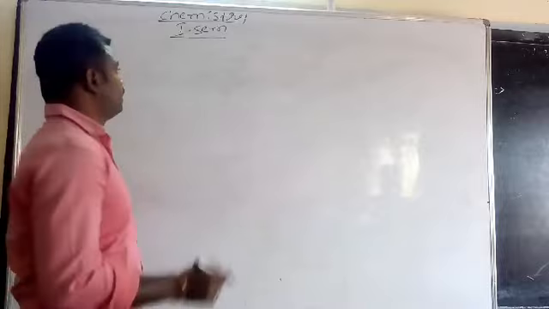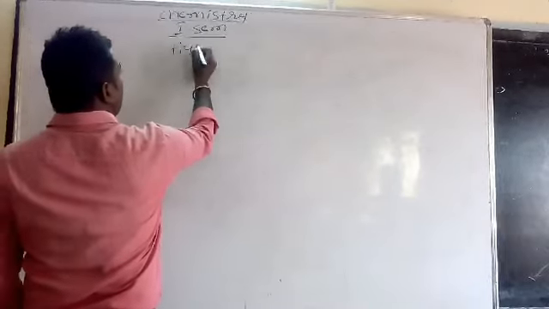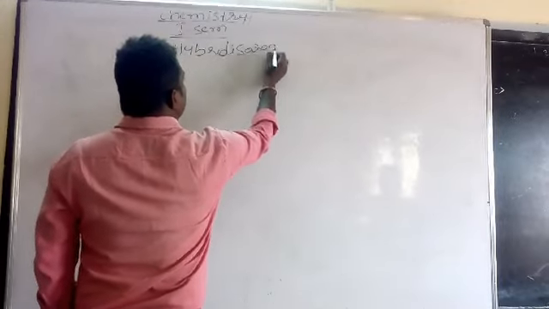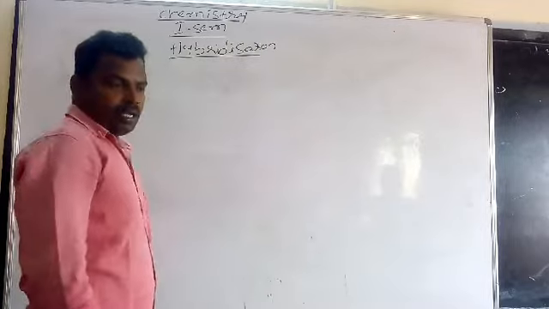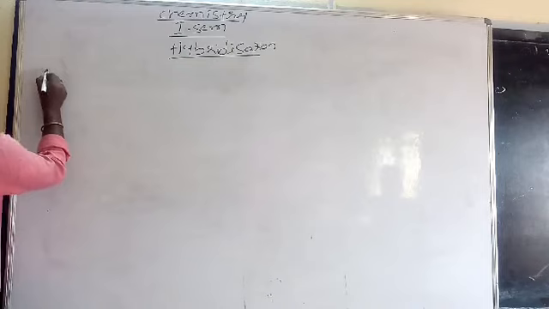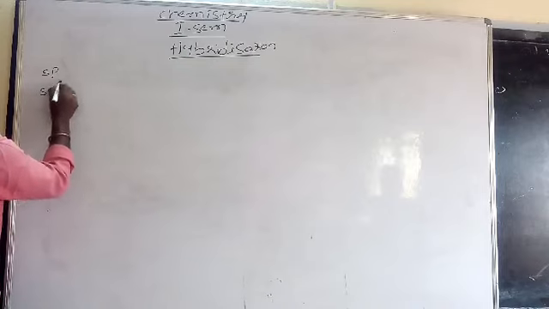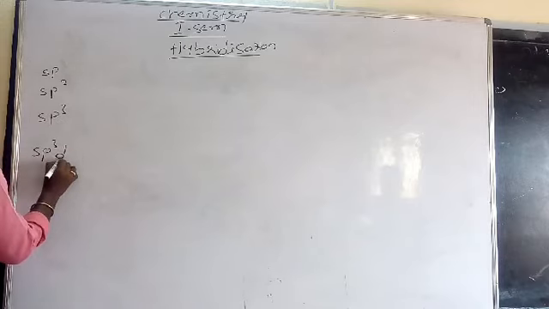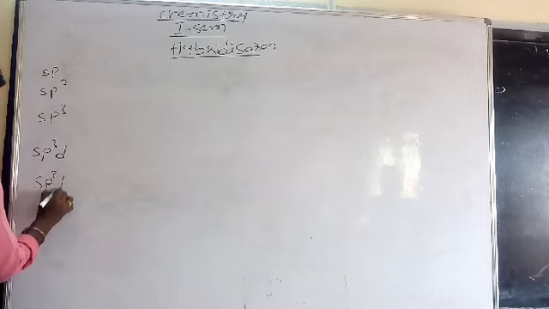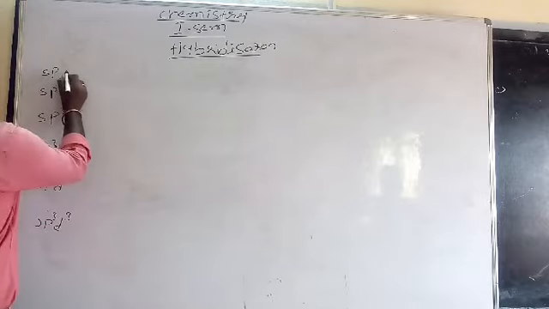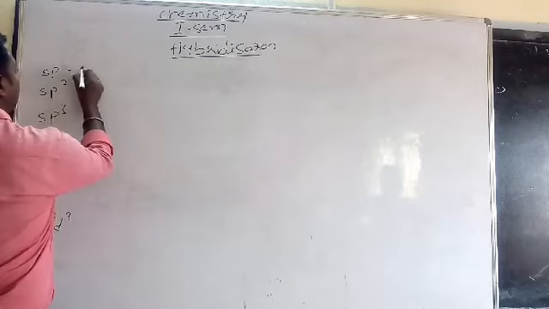Now we are discussing hybridization, continuation class. Number of types: sp, sp2, sp3, sp3d, sp3d2 and sp3d3 hybridizations. For sp hybridization, definition: